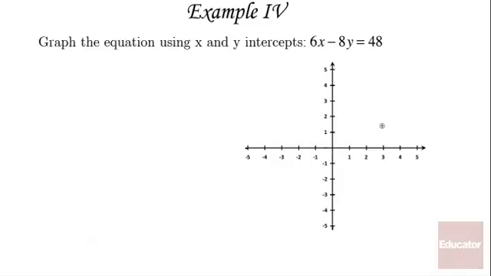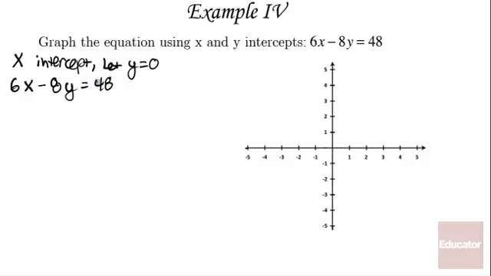Graph the equation using x and y intercepts. So we just discussed how to find x and y intercepts, and now we're going to apply that in order to graph this equation. First, I'm going to find the x-intercept, and I'm going to let y equal 0. My equation is 6x minus 8y equals 48. So my y value will be 0,